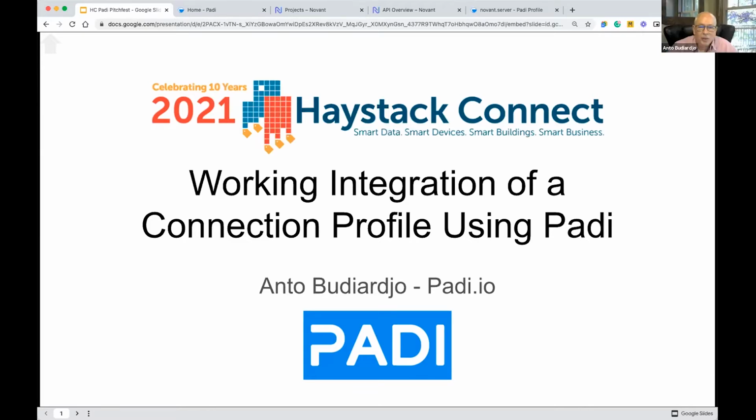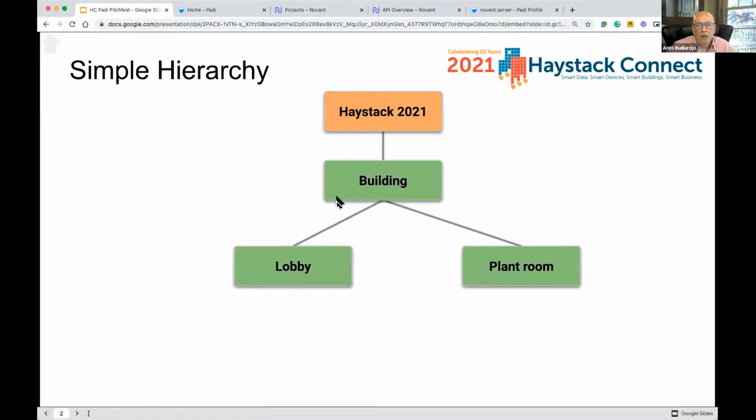Okay. Thank you, John. Hello, Haystack. So, a working integration using a connection profile using Paddy. What I'm going to be doing is building a small hierarchy, starting off with a team and a building and a couple of spaces within the building. I'm going to do this in Paddy. And then I'm going to install an app.